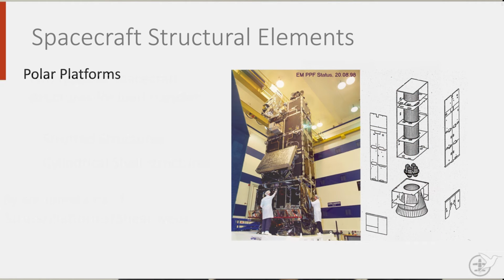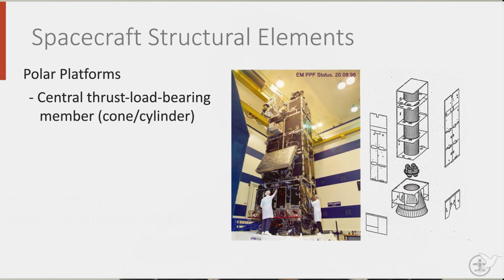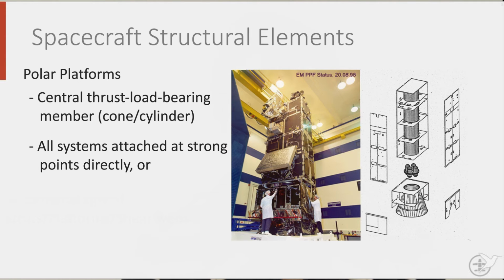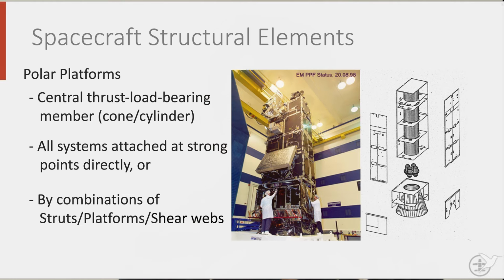Polar platforms are characterized by a central load-bearing member, such as a cone or a cylinder. All loads from the launch vehicle are transferred through this cylinder, and all systems within the spacecraft, such as the measuring equipment, are attached to this cylinder, either directly at strong points or by means of struts, platforms and shear webs. An example of such a polar platform spacecraft is the Envisat satellite, which has a cylindrical shell, as you